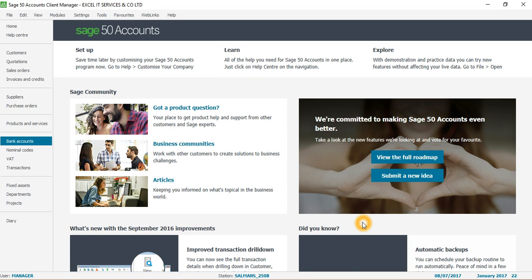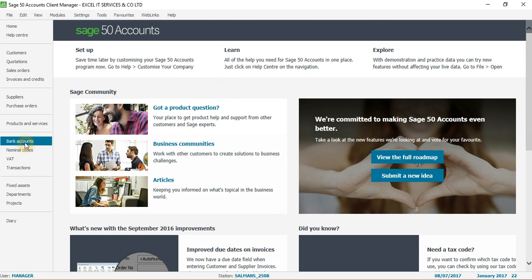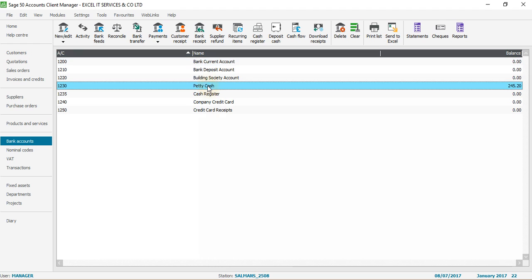Okay, now the first thing which I would like to see is if I click on bank, and see this one. This says petty cash account has been reduced by